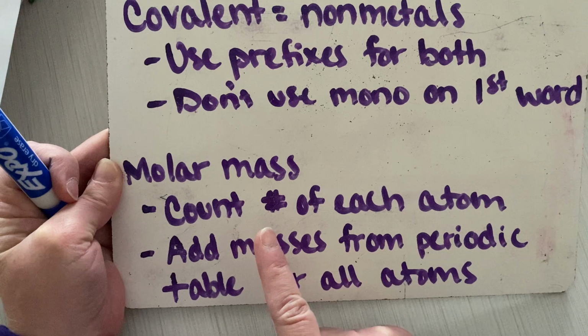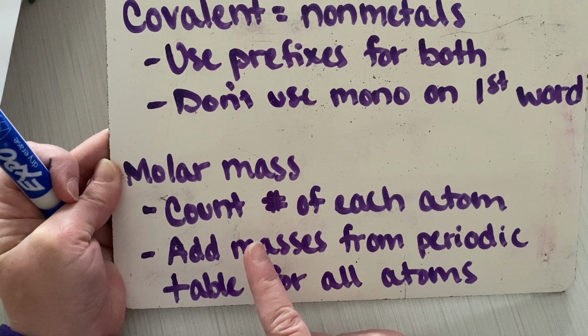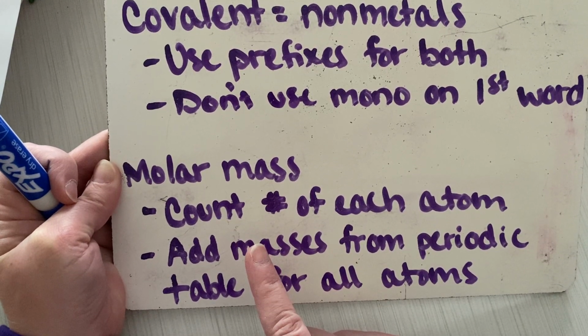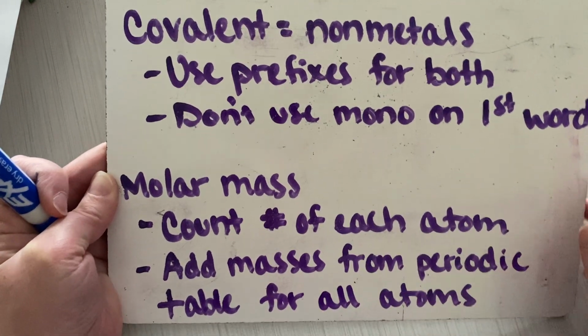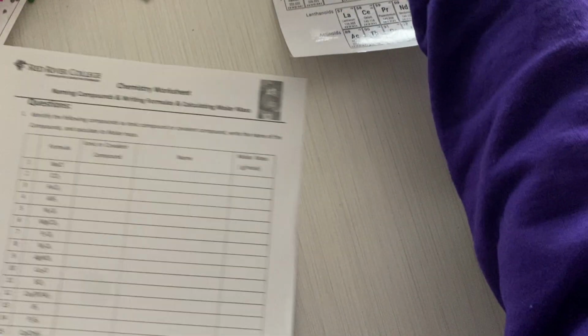And then molar mass, we've done this many times already. This is just going to be a review. We're counting the number of each atom and then adding the masses from the periodic table for all the atoms. Okay, so